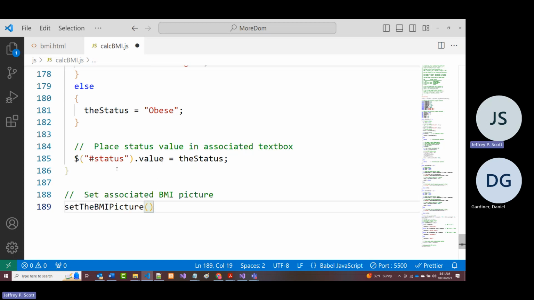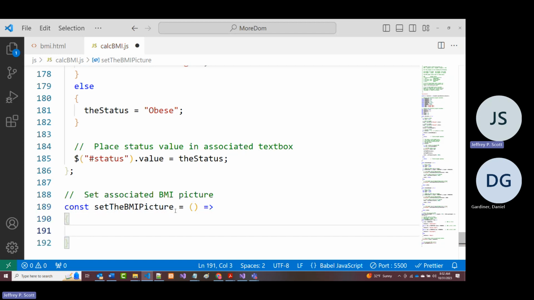All right. And again, that's going to be a const. All right. This was a const as well. So let's put a semicolon at the end. There are no parameters. Oops. And again, it will be an arrow function. Now, this is a little bit, for lack of better words,